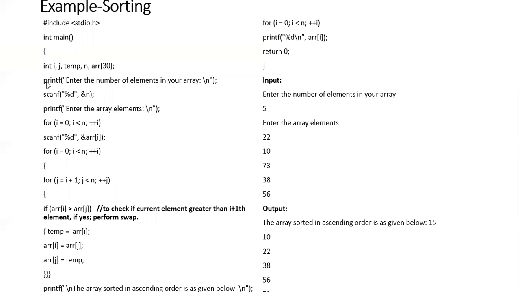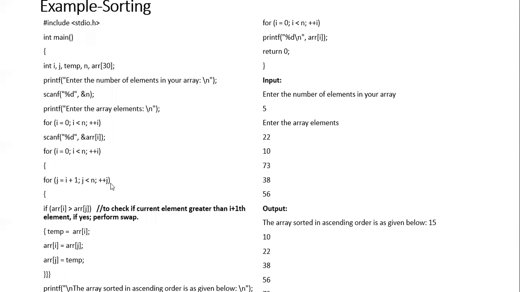So now again we'll see here, you have two variables i and j. n is a variable, then the array elements, and temp. You need a temp for swapping, which we use normally. So here you get the number of elements in an array: enter the number of elements, then for i less than n, scan it in. That's the meaning of this for loop, you're getting all the elements.